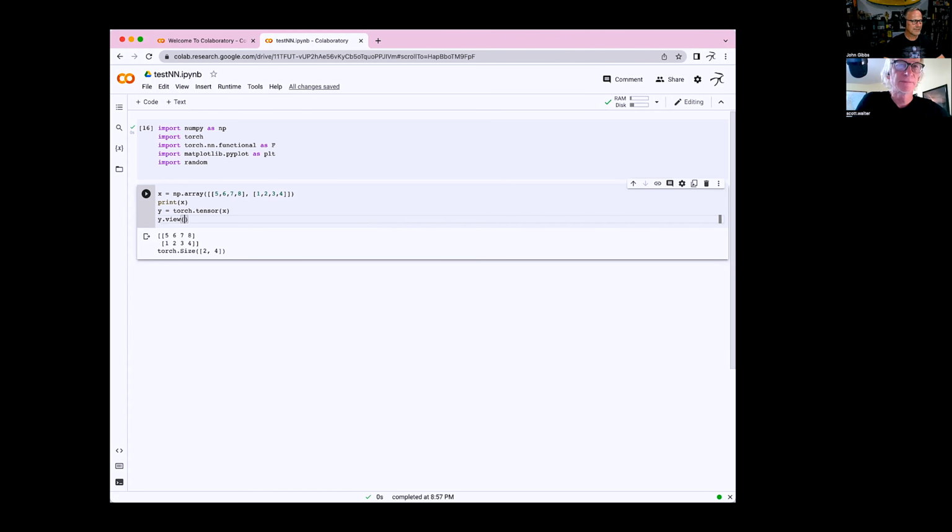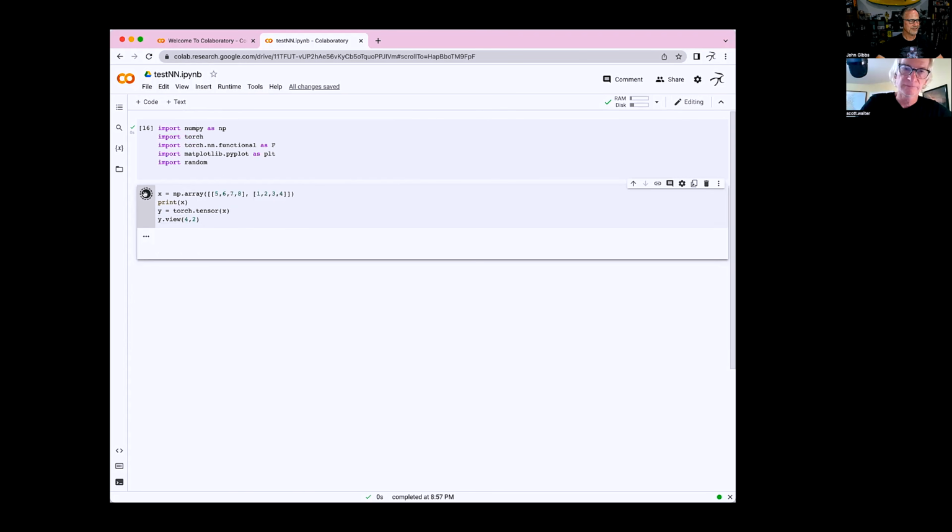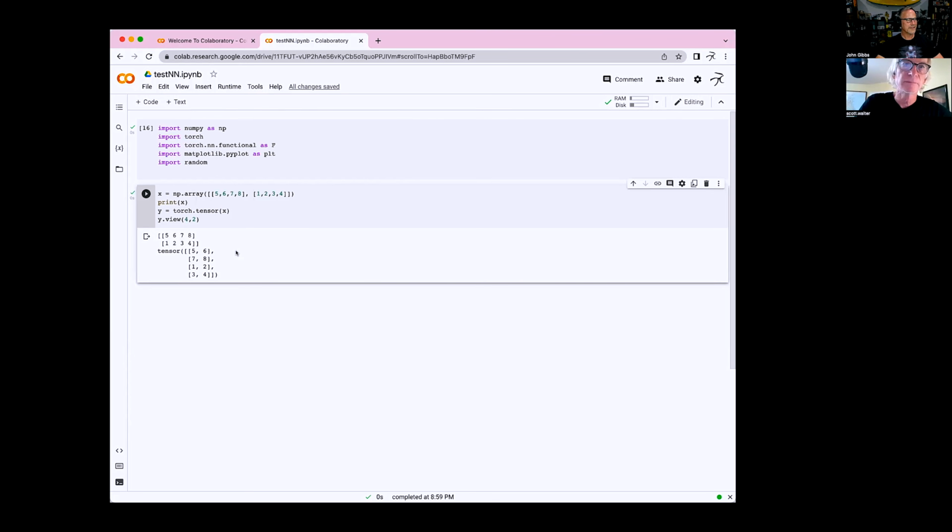Again, notice it auto completes for you. It's nice when you type in the one parenthesis, you get the other one for free. So that's good. So instead of 2,4, let's try 4,2 and see what happens. There you go. So see what it did? This is really cool because the way that Torch tensors are stored internally is they're just a flat array. They're just a long string of numbers. So notice we got 5, 6, 7, 8, 1, 2, 3, 4. Actually, let's do 8,